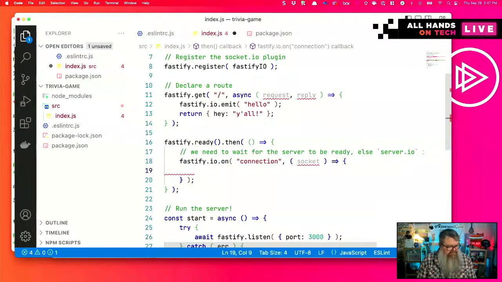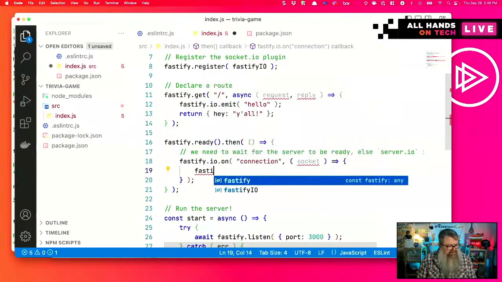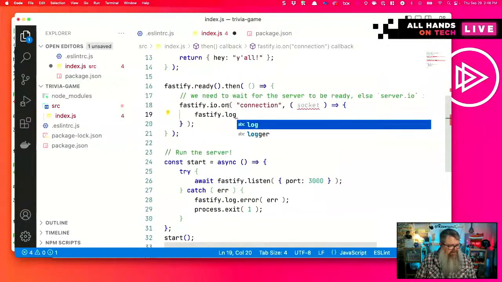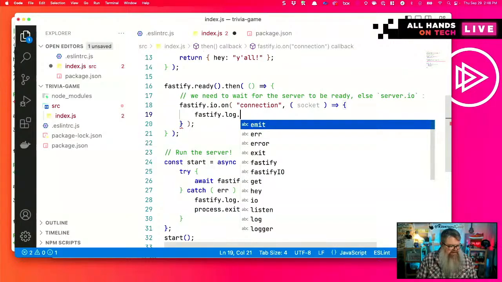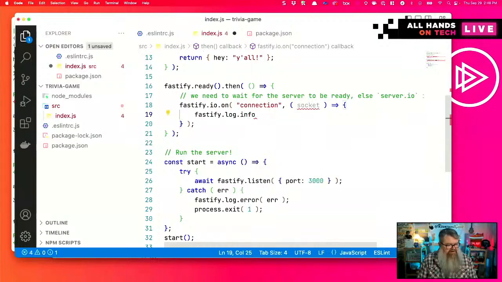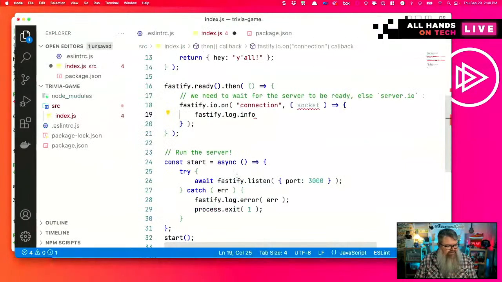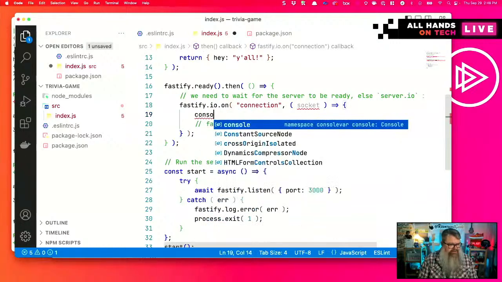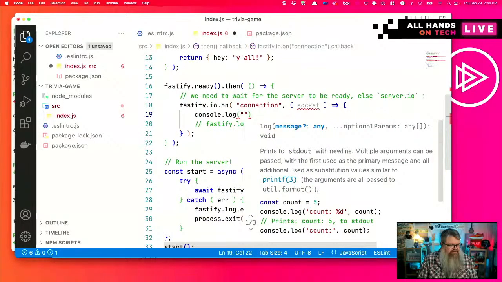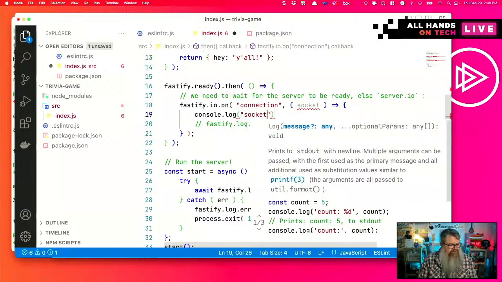Let's say fastify dot log, I think. Yeah, log dot. And I don't know, I assume there's probably a log.info. I want to log something to the command line, but for now, we'll just use console.log and we'll look this up in just a minute. So console.log, socket connection made.